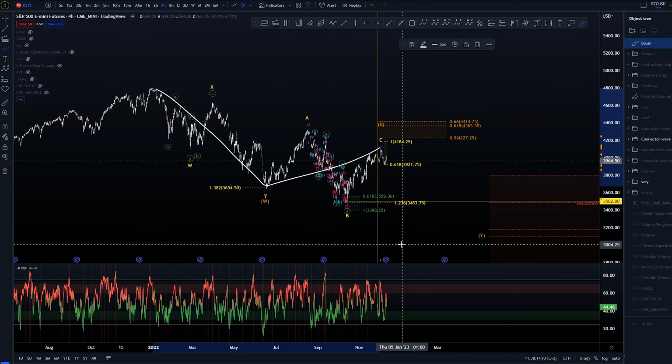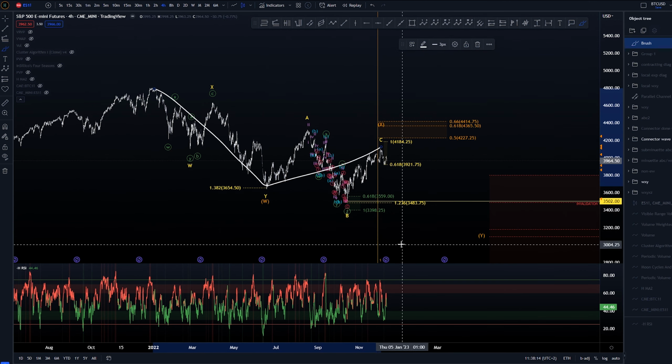At this point, the idea would be that we would have this as an A wave, then B wave consisting of an ABC, and then we would be looking for a pivot downwards. There is a possibility where this C wave is already complete and it is up in here, and we would be hitting that 1.382 extension target right here around 39.16. I would have liked us to take out these lows.